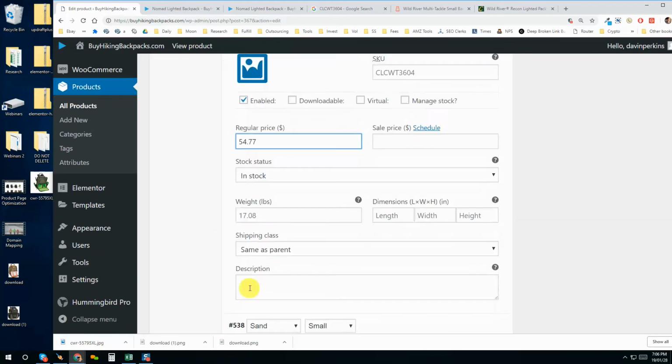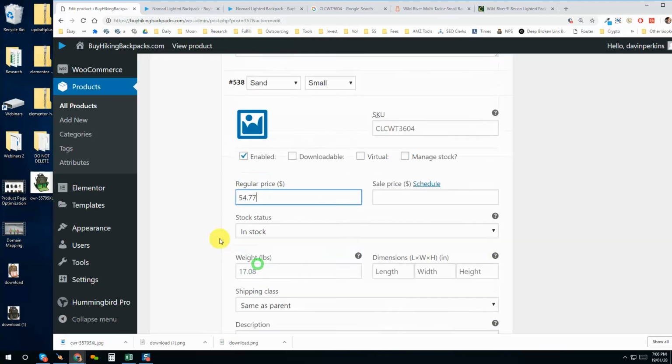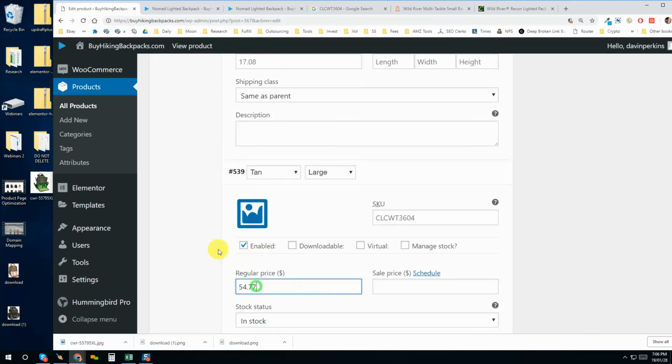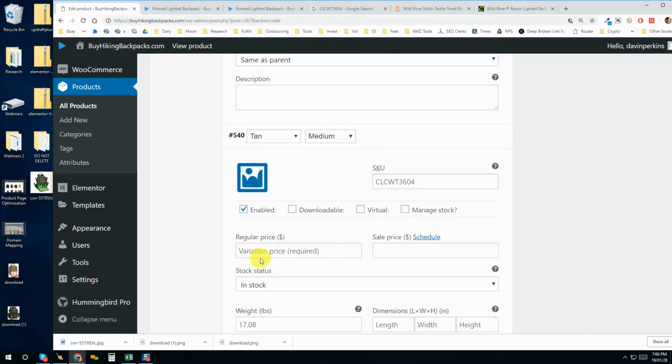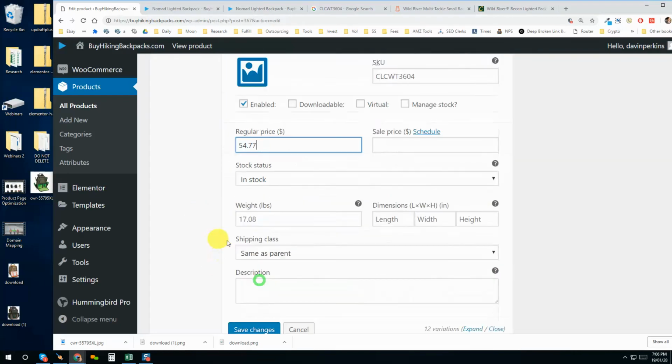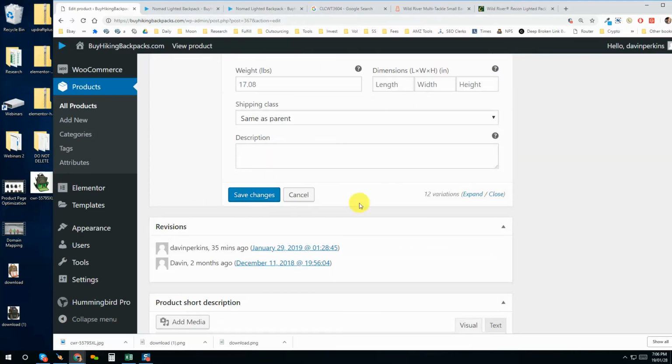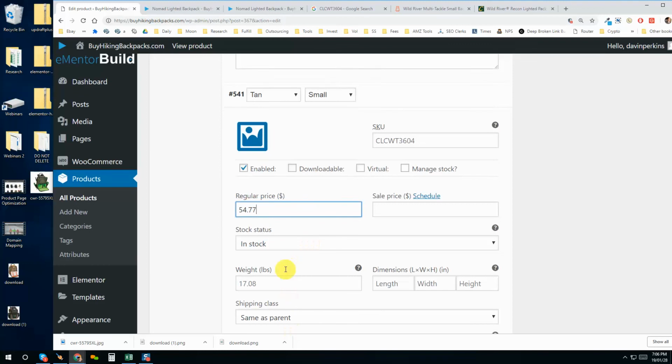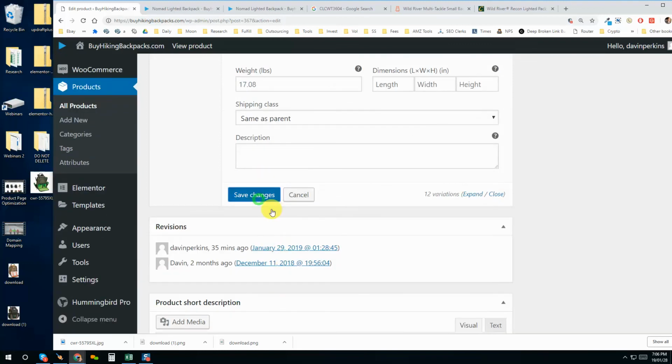So we'll go ahead and set that. Set sand, sand, tan, tan, tan. So this can be a little bit of work. And so now we've set our price on all of these items. So now if we hit save,